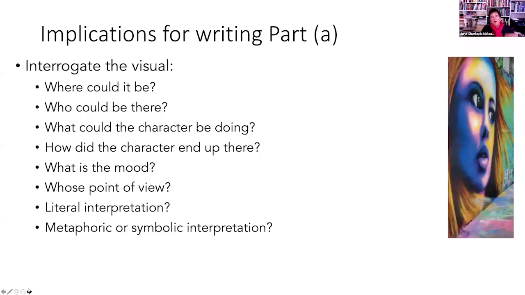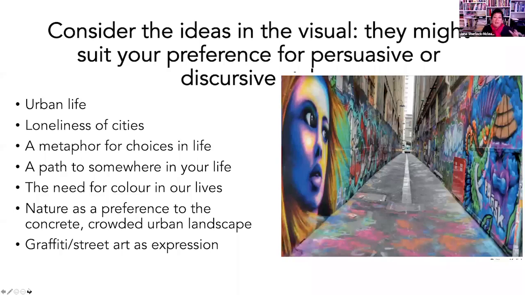So if in your situation in classes, you can interrogate this visual. Where could it be? Who could be there? What could the character be doing? What's the mood of this particular one? Could you make it a literal interpretation about graffiti, for example? Do you make it as a metaphoric or symbolic interpretation? Consider the kinds of ideas we could talk about, especially if you're doing a persuasive or a discursive piece. You could talk about the